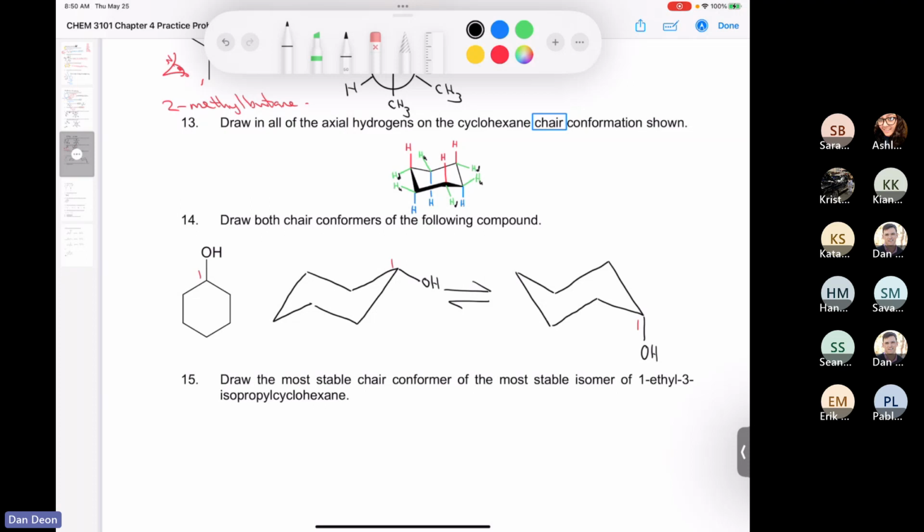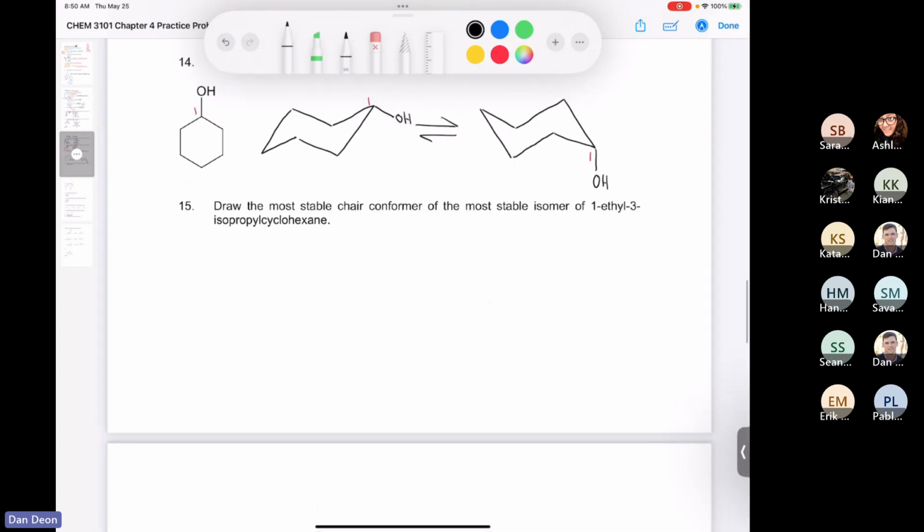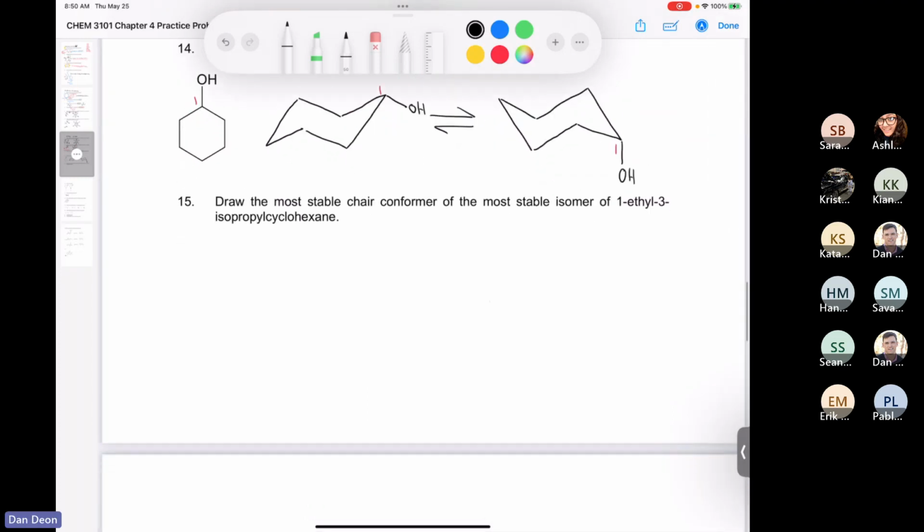Okay, so this is where molecular models can come in handy. So with that in mind, let's try another one here. It says draw the most stable chair conformer of the most stable isomer of 1-ethyl 3-isopropyl cyclohexane. So first, let's just draw the bond line structure. So if we have an ethyl on carbon number 1, and then we have an isopropyl on carbon number 3,